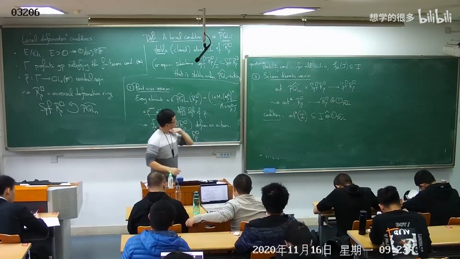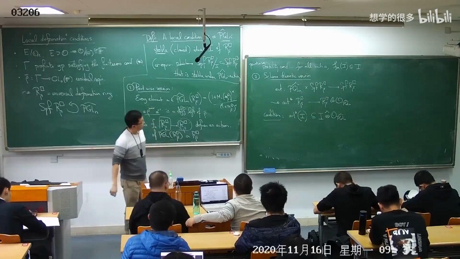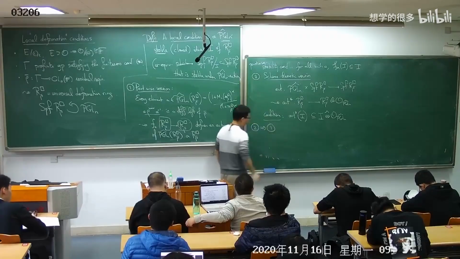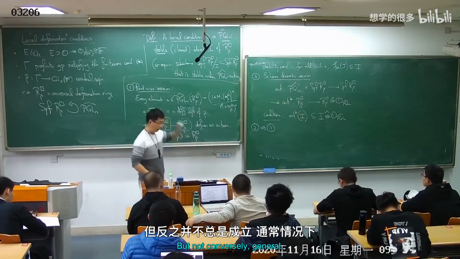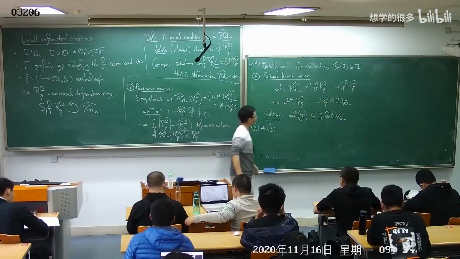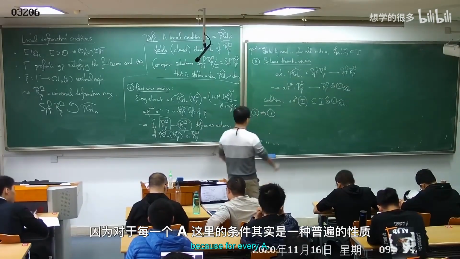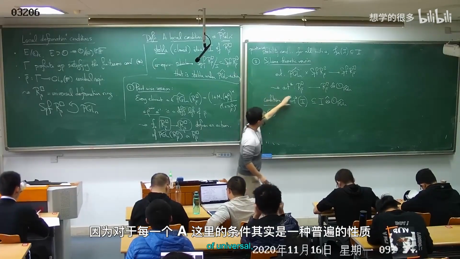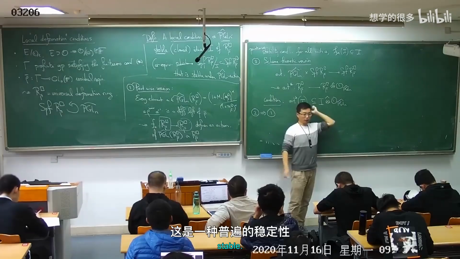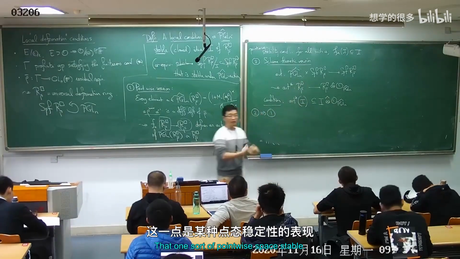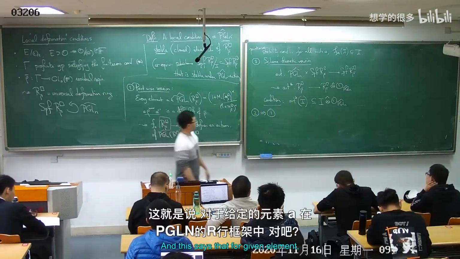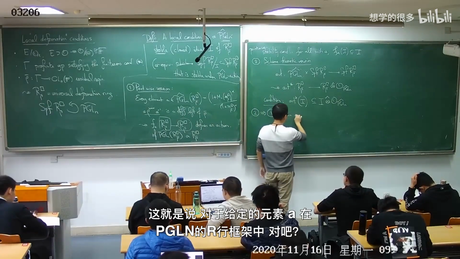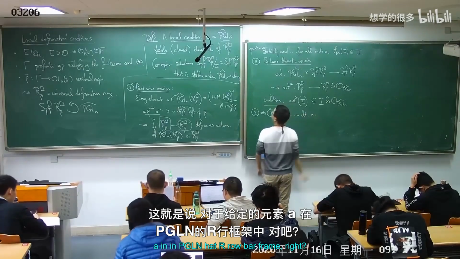Okay, let me point out that 2 implies 1, but not conversely in general. That's because for every A, this condition here is some sort of universal. You should think of it as universally stable in some sense. That one's pointwise stable, in the sense that for a given element A in